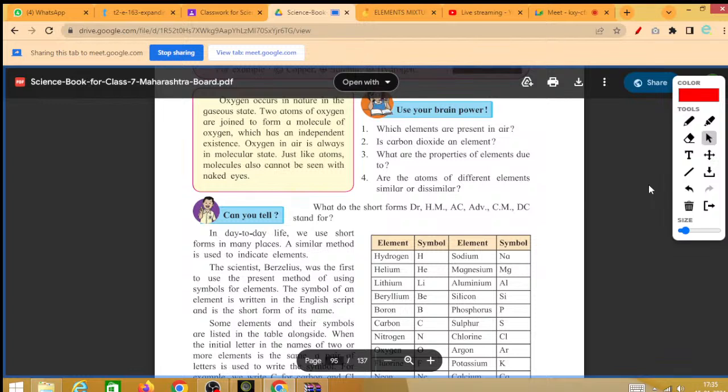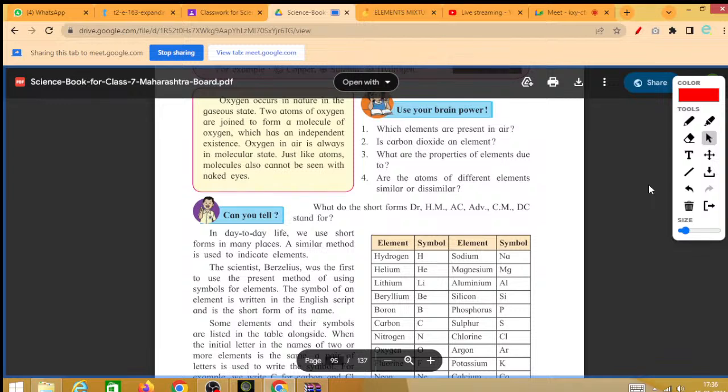Is carbon dioxide an element? Is it an element? Tell me, Anjali. If you don't know, say I don't know. Ma'am, it is not. What is it? Ma'am, a compound. Very good. Next,